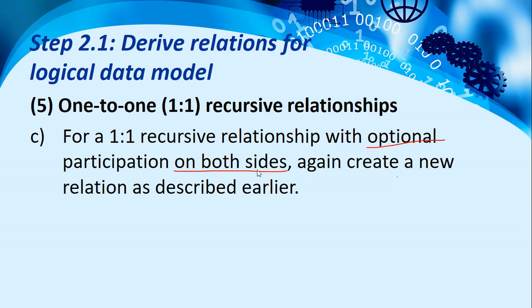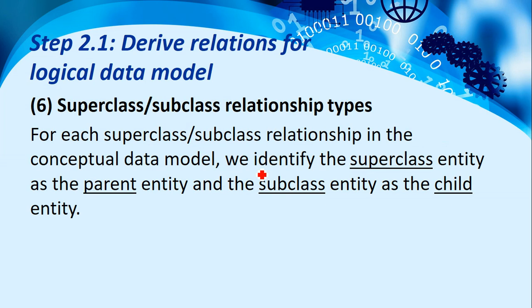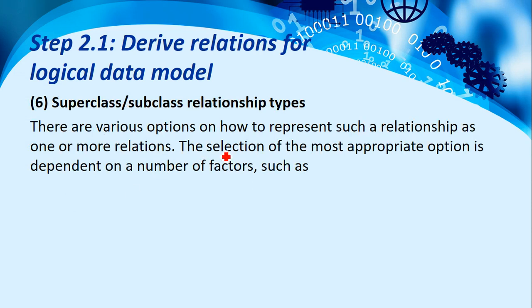Next, we have here superclass and subclass relationship types. For each superclass and subclass relationship in the conceptual data model, we identify the superclass entity as the parent entity and the subclasses as the child entities. There are various options on how to represent such a relationship as one or more relations. The selection of the most appropriate option is dependent